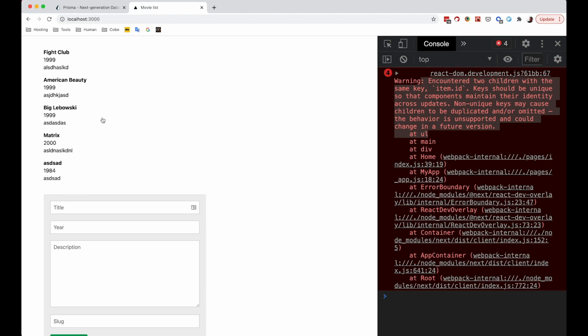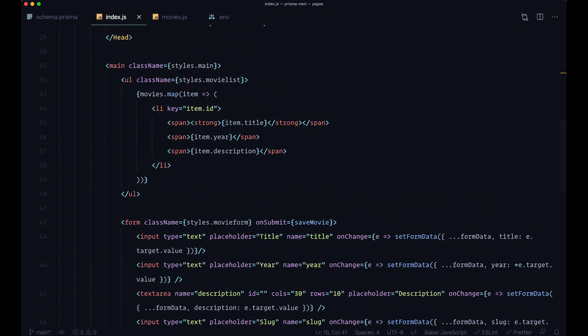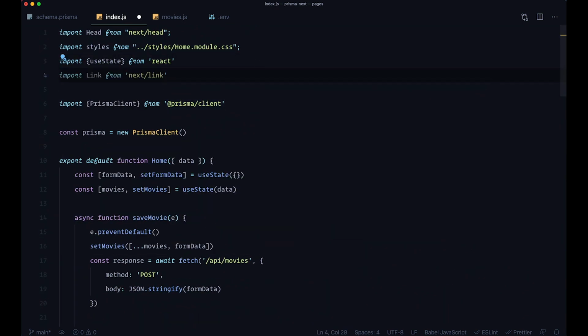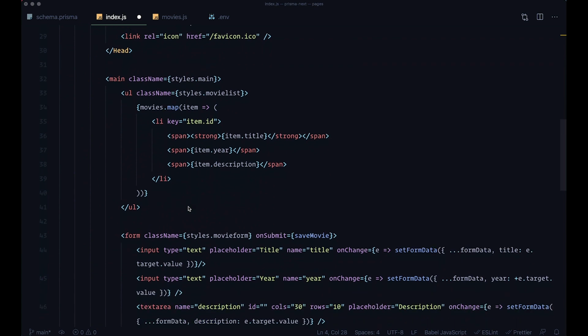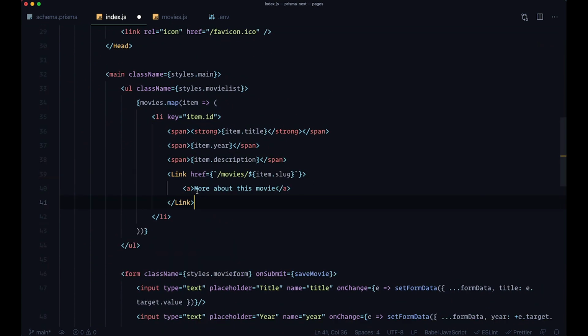And of course, to do that, we need a link. So we are going to go down here. Actually, we are first of all going to import Link from next/link. And then we are just going to add a link to a movie. We are going to add it below item description. Just going to paste it in here. So we are getting movies and we are sending the item slug. So for example, if we click on Matrix, we should go to the URL